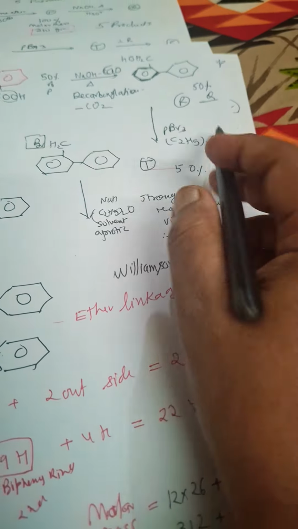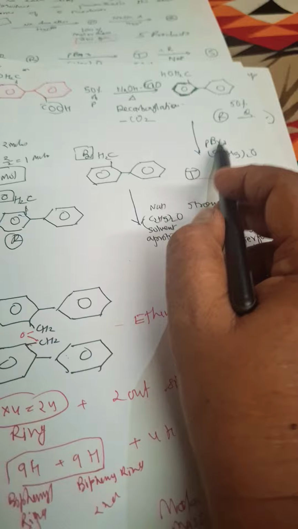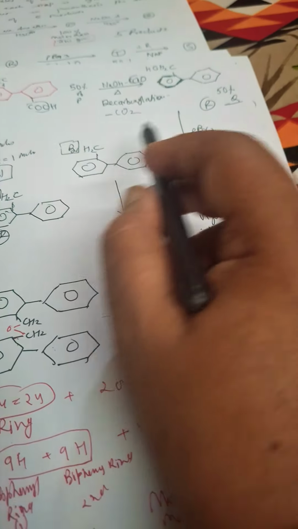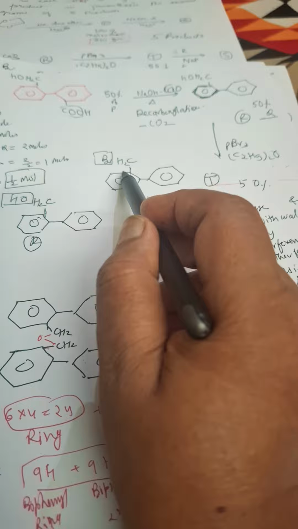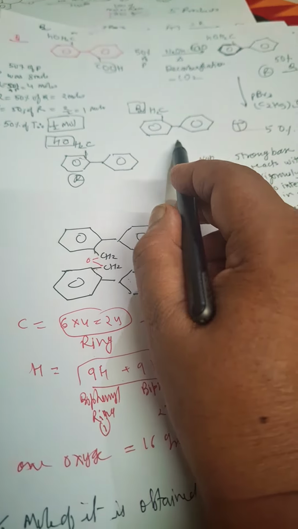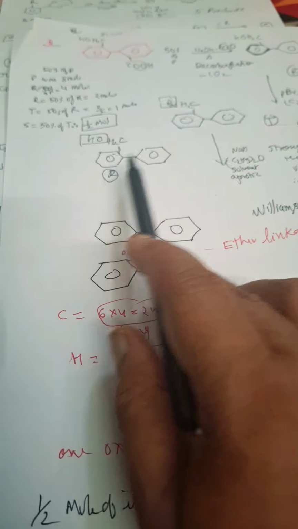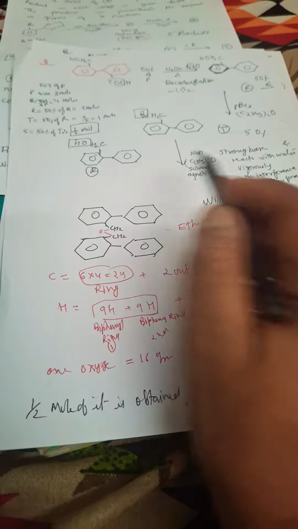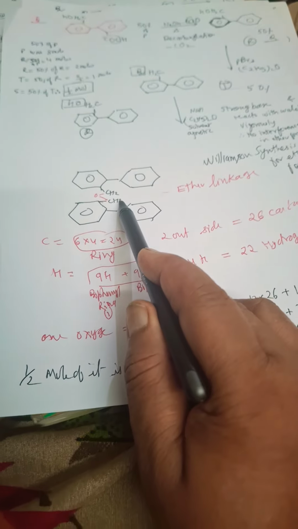Okay, now R may react with PBr3 in the presence of dry ether. So what will happen? First of all, the bromide is obtained. The CH2OH group here will become bromide. A nucleophilic substitution reaction will take place. Now when T reacts with this R, so what will happen? At that time, Williamson synthesis will take place over here. OH group is present, Br group is present, so ether formation will be there.